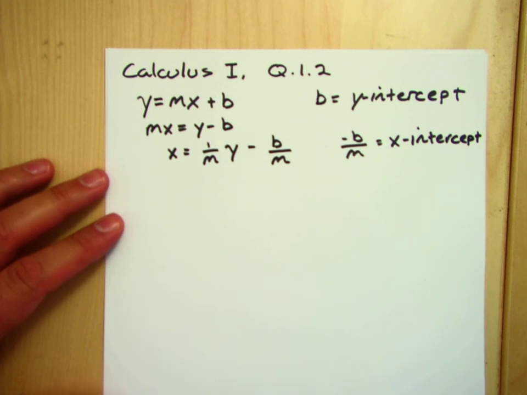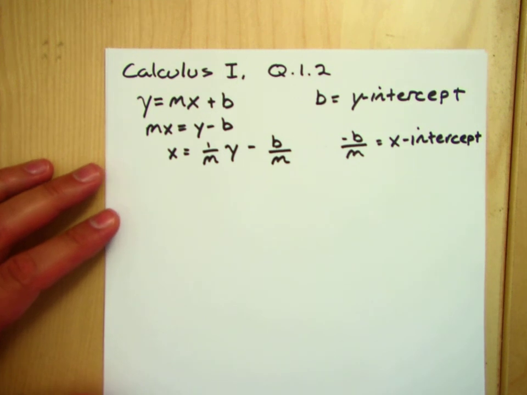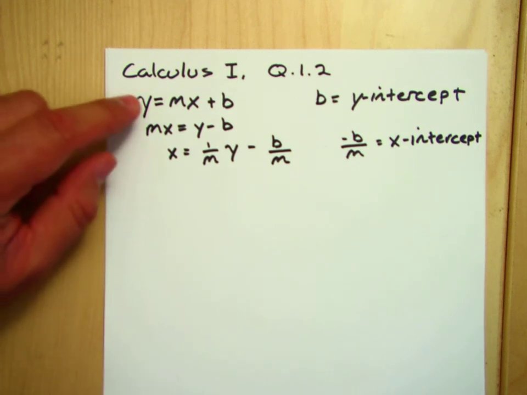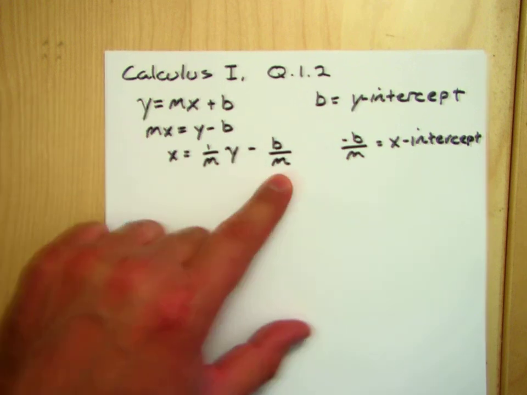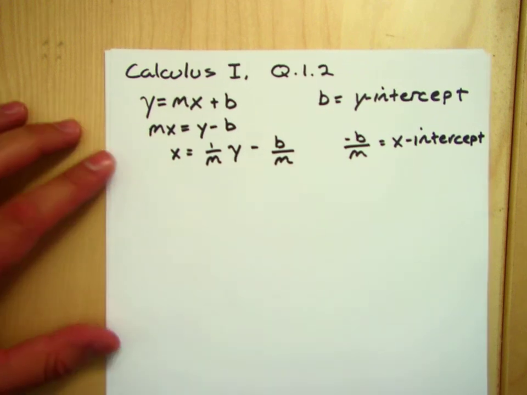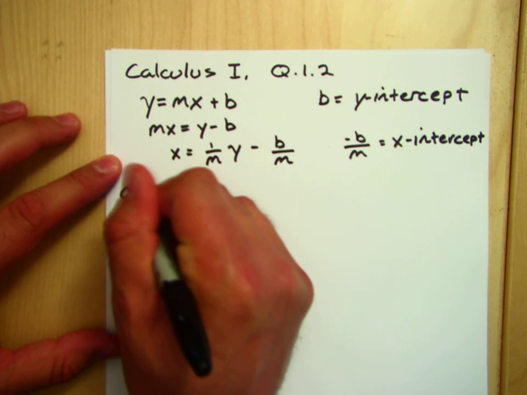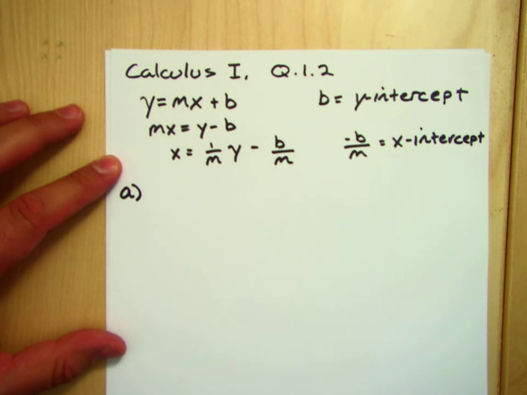So that's what we're going to do with these 5 equations. We're going to go through, we're going to first solve for y, then find the y-intercept, and then we're going to solve for x and find the x-intercept. So let's get started. So equation A is